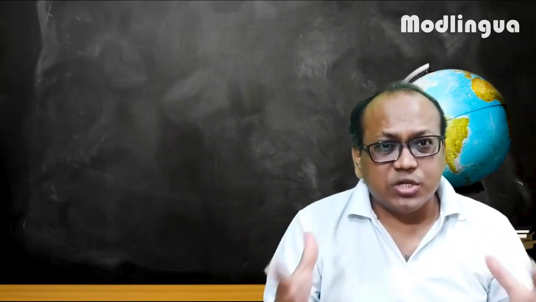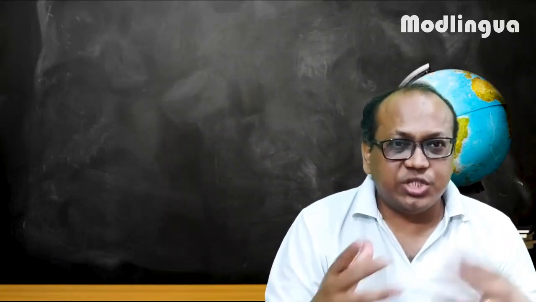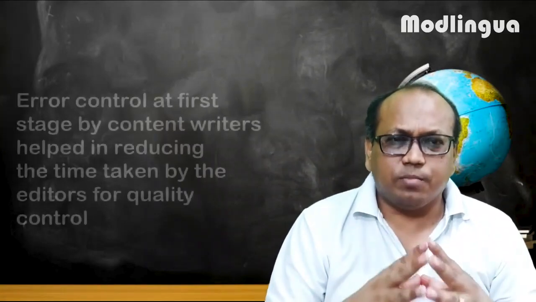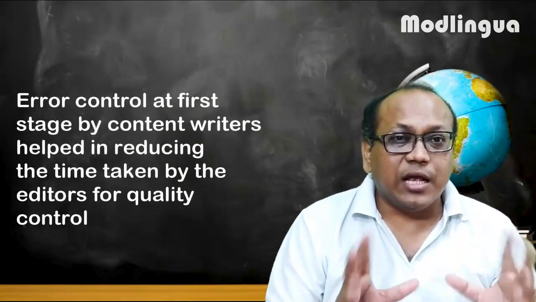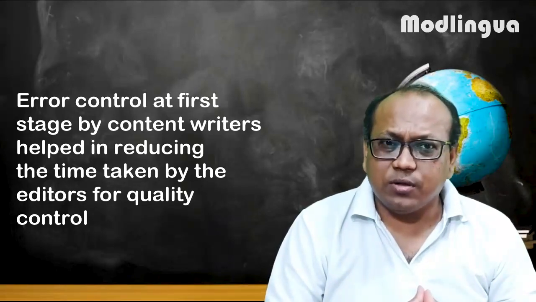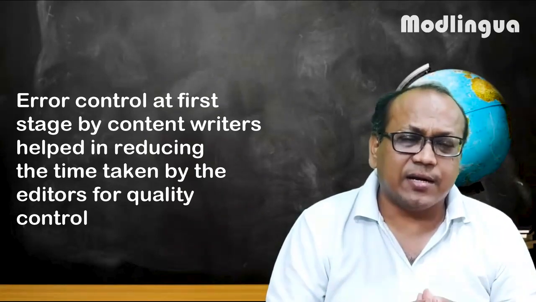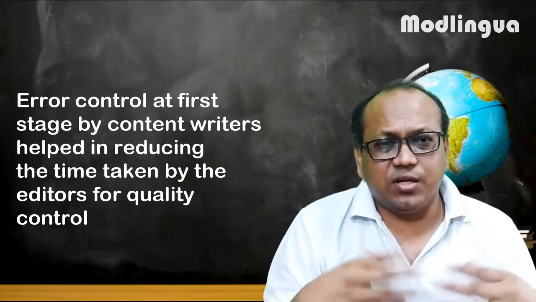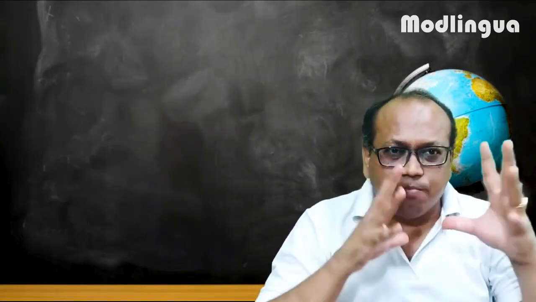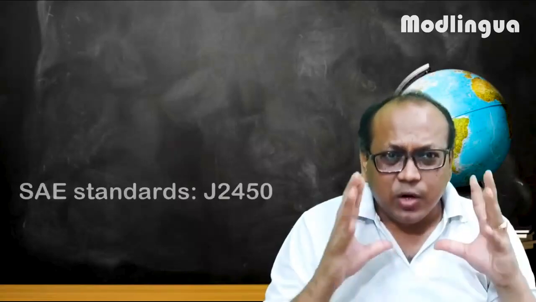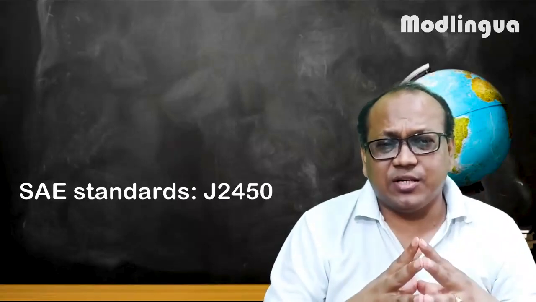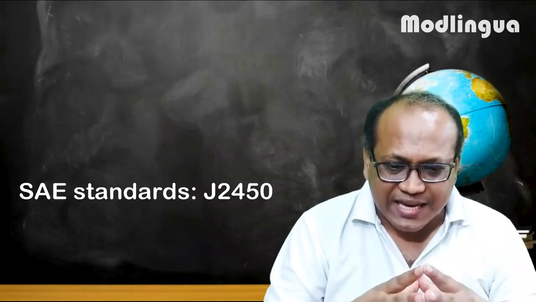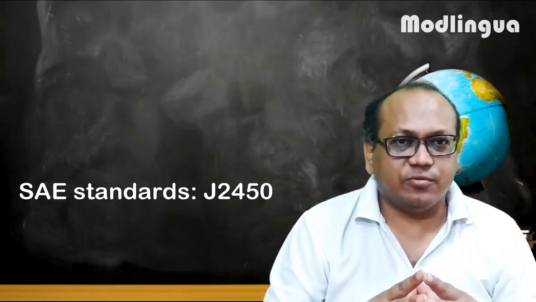So the correction error was less and efficiency was more because you could check properly after you are ready for submission. After you have prepared your project and you run Grammarly, it improves the quality of your translation as well as content writing, because it checks even, at times, commas as well as sentence structures. It gives you certain suggestions. So with this, my friend, let's come to our translation quality standard that is for text, not for the process, and that is SAE J2450.